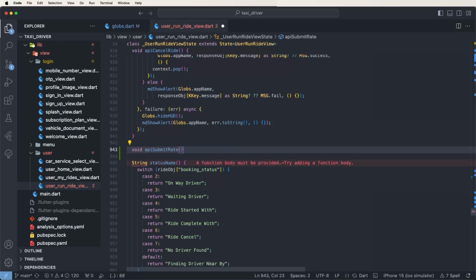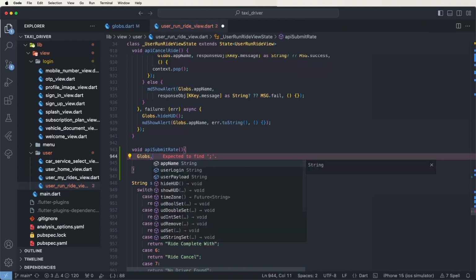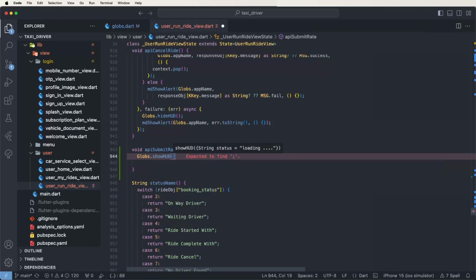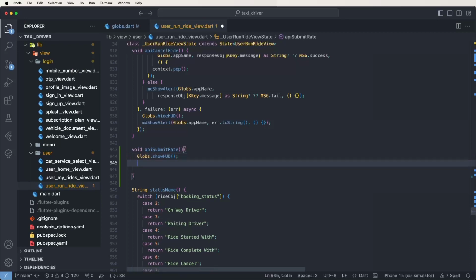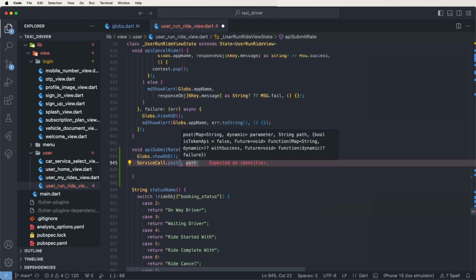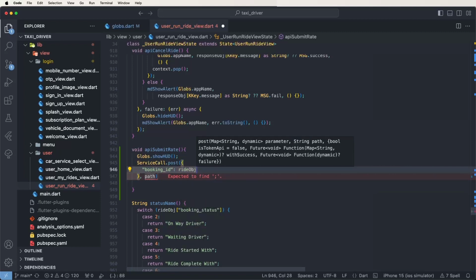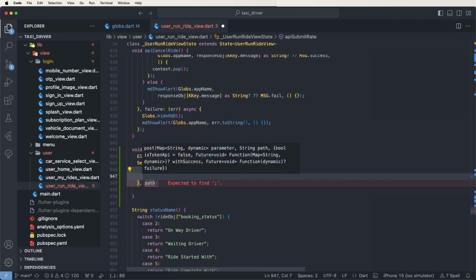rate like this. First of all, now need to open the HUD, show HUD, and now call the service call. Use the post method and pass the parameters: booking ID is equal to ride object, and pass the key as booking ID, and we need to write toString, and also the rating,